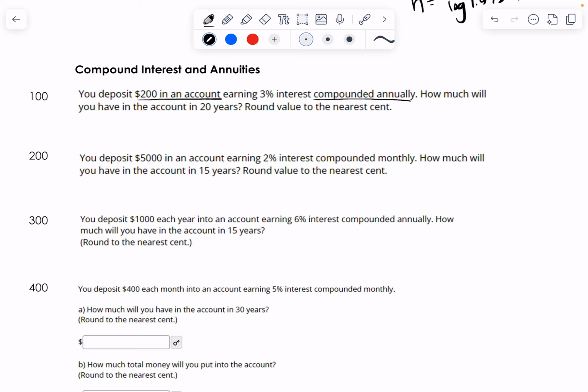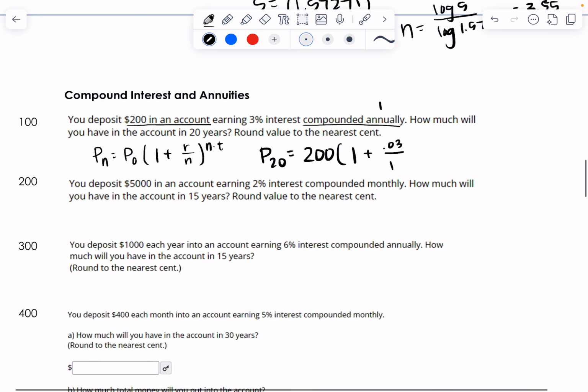So that's the compound interest formula. That's P sub n equals P naught times (1 plus R over N) to the N times T, where N is the compounding frequency, T is the time, and R is the rate. So how much money do you have in the account after 20 years? That would be 200 times (1 plus 0.03 over 1), because the compounding frequency is, let me write this down, N is the compounding frequency,